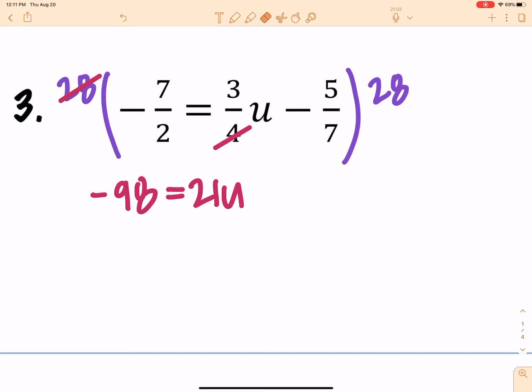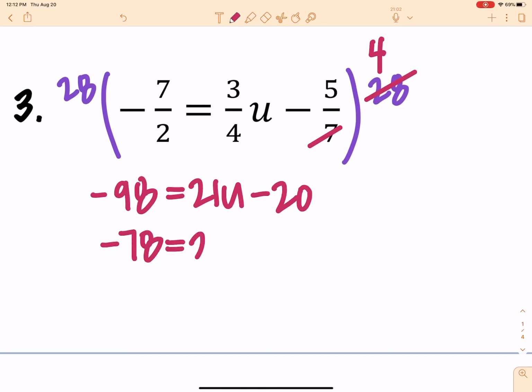So if you want to write it like this, it's exactly the same thing we did above, just showing you different ways. And then 7 goes into 28 4 times, so you get negative 20. And again, I have cleared the fractions, and from here on out it is an Algebra 1 problem. So negative 78 equals 21u, divide both sides by 21,